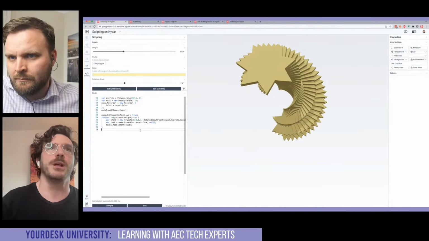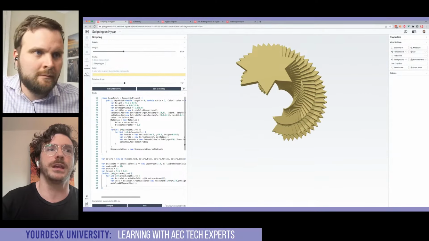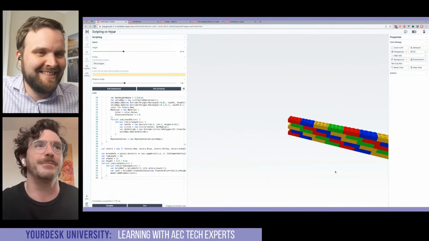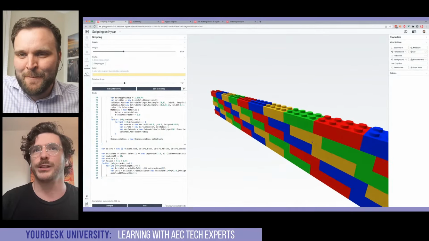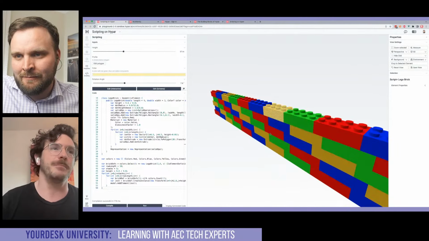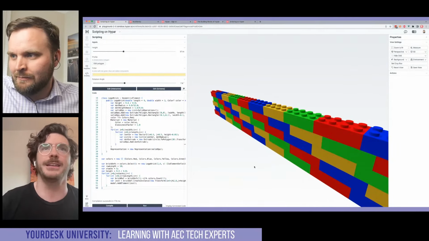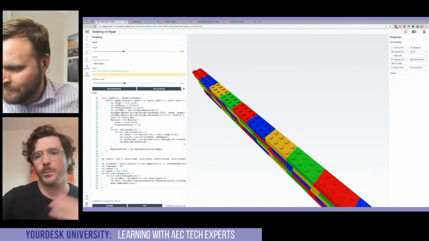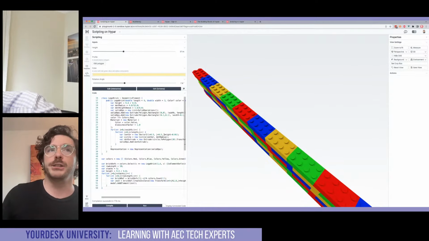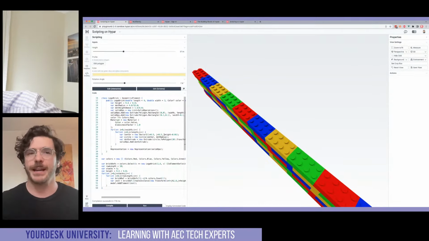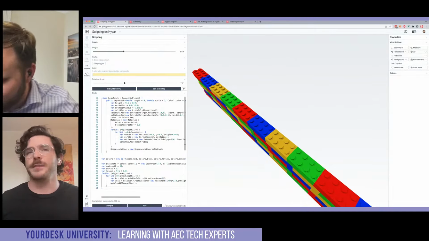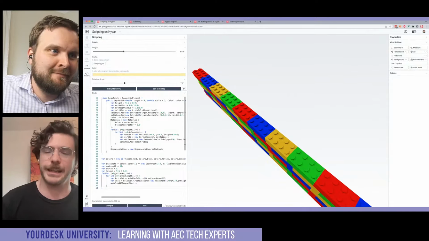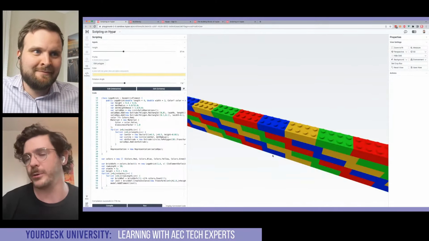One more example I'll just dump in here that I cooked up in advance. Since we're talking about the building blocks of HyperR, I thought it was only relevant to do some Lego stacks. So I made a little elements code here, which creates some Lego bricks, using elements as the library and HyperR as the authoring environment, this sort of scripting world. And we anticipate that this will eventually become the primary way by which functions are created. You don't even have to download the CLI. You don't have to download an IDE. You can just start putting the logic of your system directly into HyperR and then publish it and make it available for other people to use as functions.